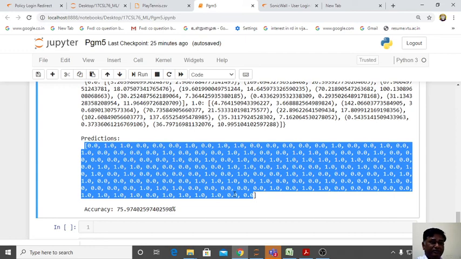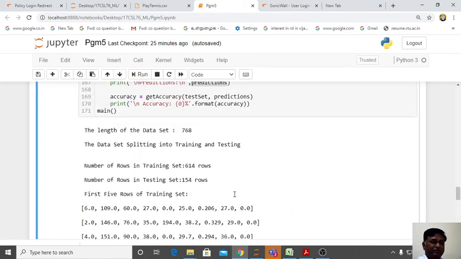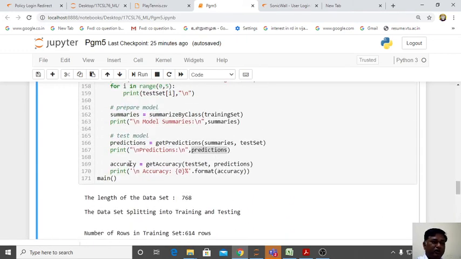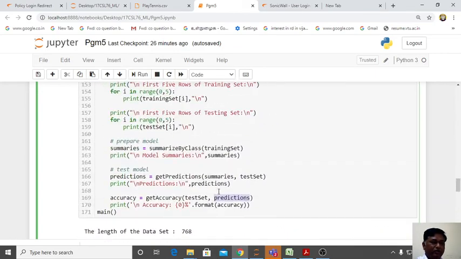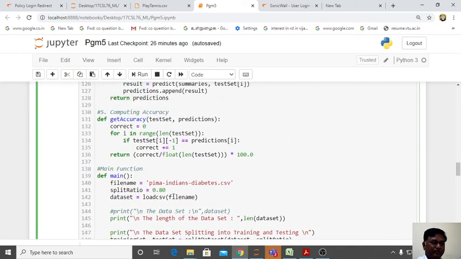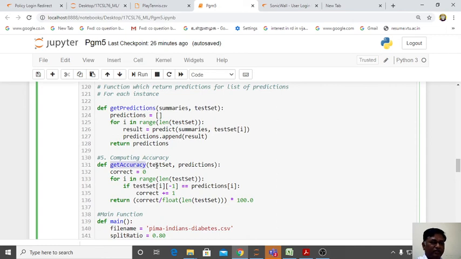Now is it correct? For that purpose we are checking accuracy. So for accuracy you are going to call get accuracy. You are passing your test data. Just now I showed you test data and predictions. This is your predictions. Your predicted value and 20% test data you know. So this is passed to your get accuracy. Go to get accuracy. So that is coming here. Initially it is empty. Now you have one test data. Already you know what is your actual test data result.